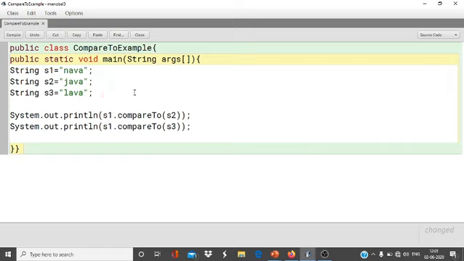It works lexicographically. The first character of one string will be compared with the first character of the other. Suppose I have written here Java, and also here Java, but in the place of this small v I have given capital V. So the gap will be 32, because the difference between a small v and a capital V is 32. So this V is lesser than that v, so it will return a negative value. You can see the negative value: this Java is lesser than the rest two.